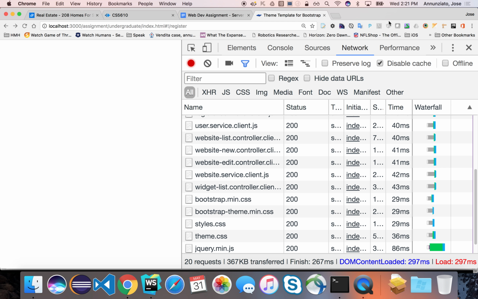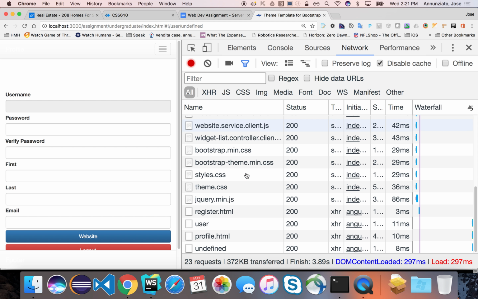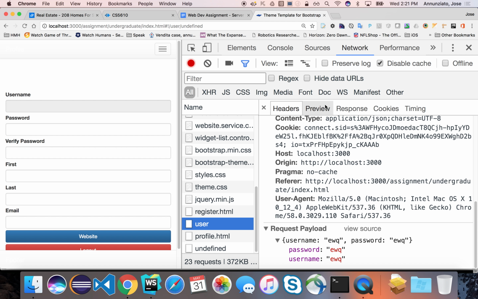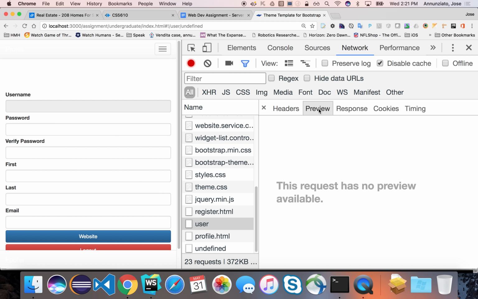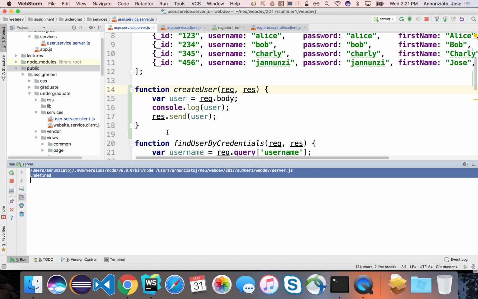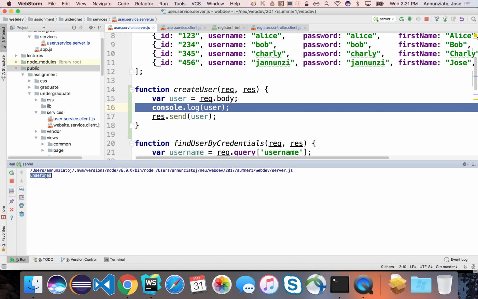Let's go back. Let's refresh. We'll send it back, and so this is what we sent, EWQ, and the preview, notice that nothing is coming back, right? On the client, notice that we are trying to print this user object right here, but it's saying undefined, right? It's undefined, right? And the reason this is happening is that